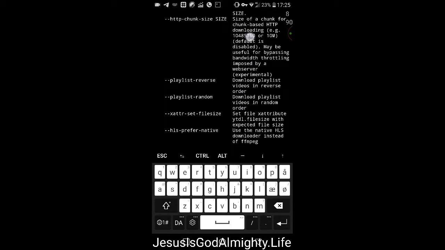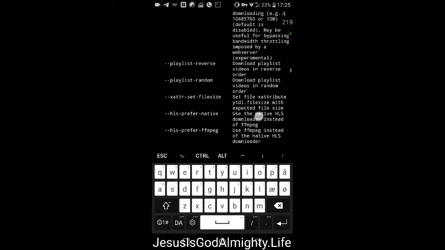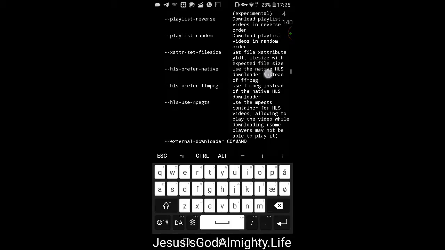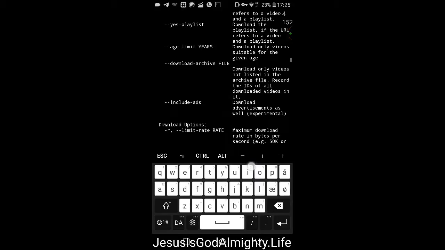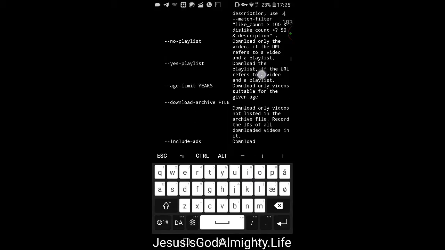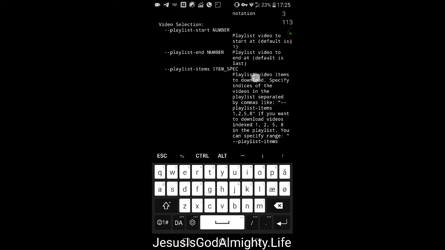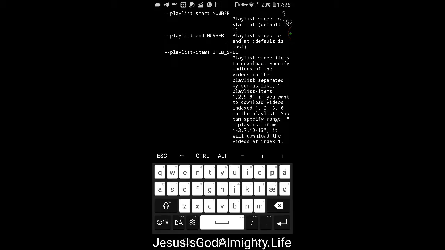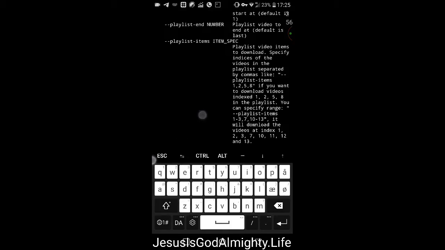Oh. Playlist, reverse playlist, random. Nope, no. It should have been around here, I would guess. Nope. So apparently those to the left are the commands. No playlist, yes playlist, age limit, download archive, include ads. No way. Oh, here we go. Playlist items specific. Playlist items to download specific indices of the videos in the playlist separated by commas, like playlist